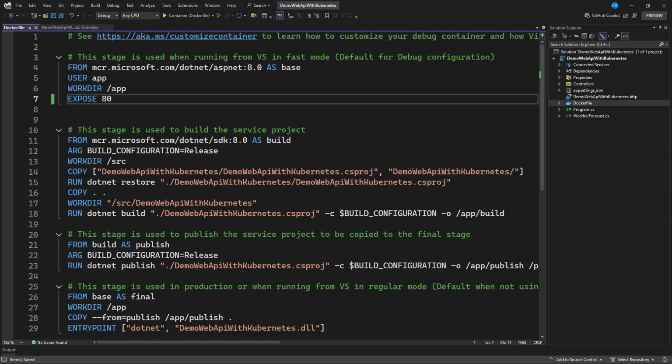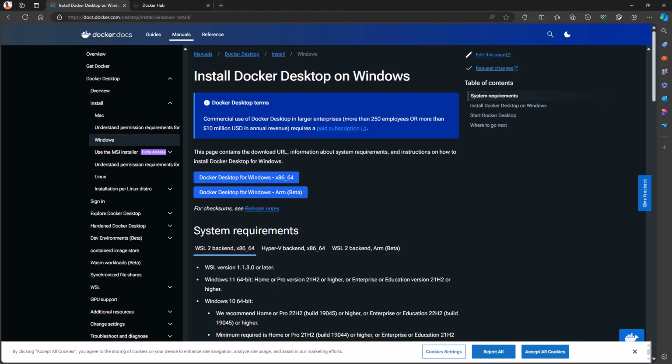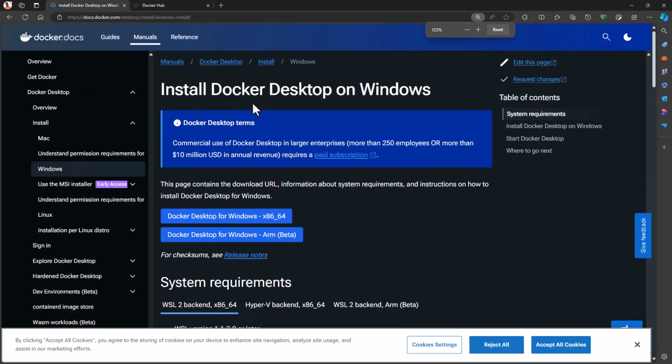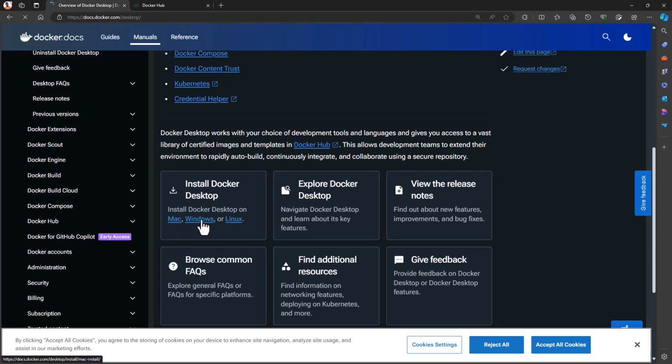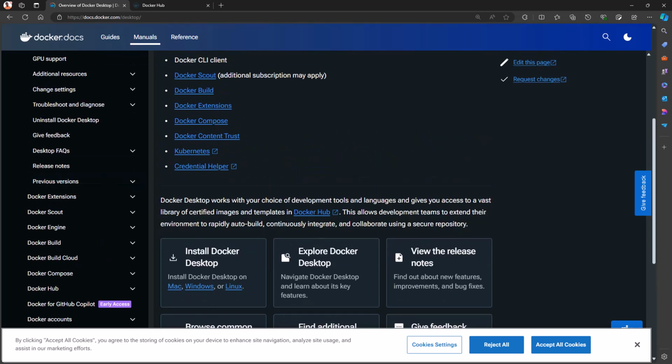If you don't have it installed, then go to this link to download Docker Desktop. When you go to docs.docker.com, under Desktop you're going to have access to this, so you can download the version for your system. This is for Windows, so if you want to check macOS or Linux, then maybe this link will help you. As you can see, we have Mac, Windows, and Linux, and here it is, docs.docker.com/desktop. So make sure you have it and install this package.